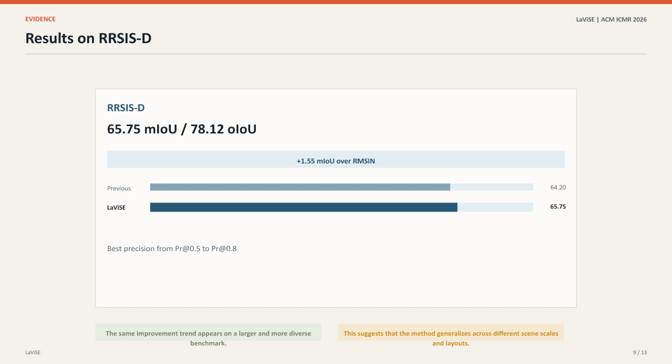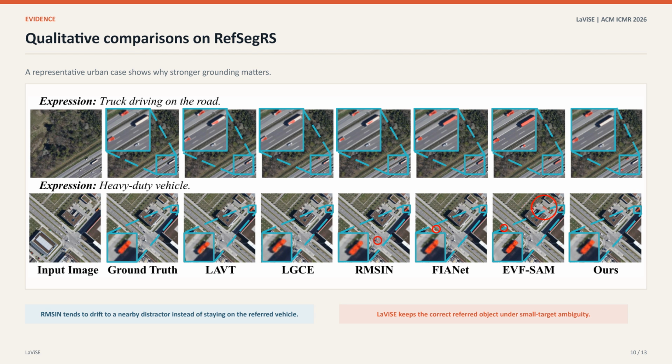The important point is that the improvement remains consistent on a second benchmark with larger structures, broader scale variation, and more diverse remote sensing scenes. That makes the result much stronger than a single dataset improvement and suggests that the method generalizes well across different scene layouts.